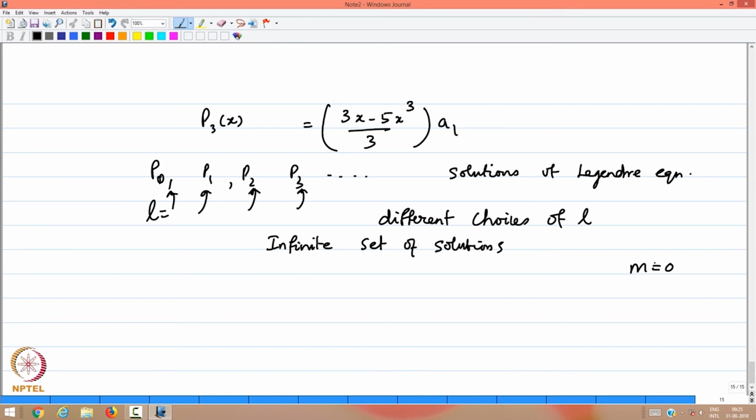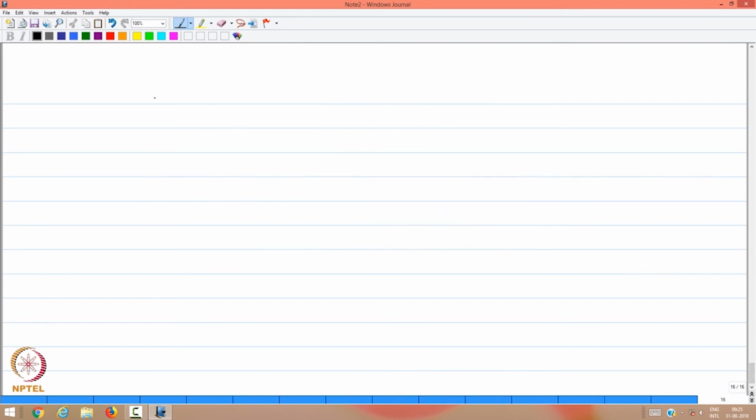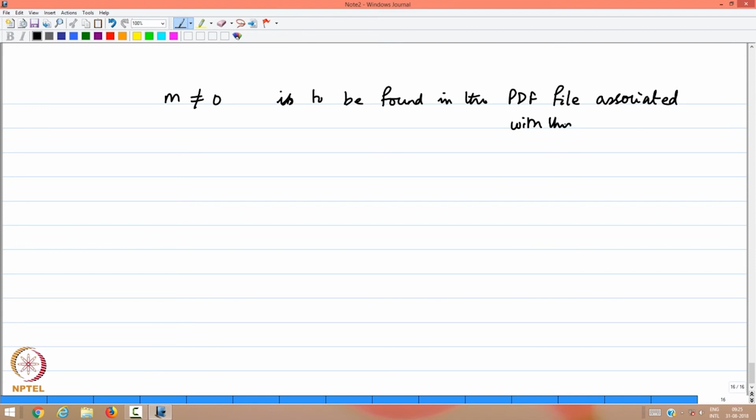For m not equal to 0, I have given fairly detailed lecture notes, which are to be found in the lecture PDF file associated with this course. Since the arguments are identical to what I have already presented, let me complete this. The arguments are exactly the same as what was done. Let me write the final solutions for the Legendre functions, the following: